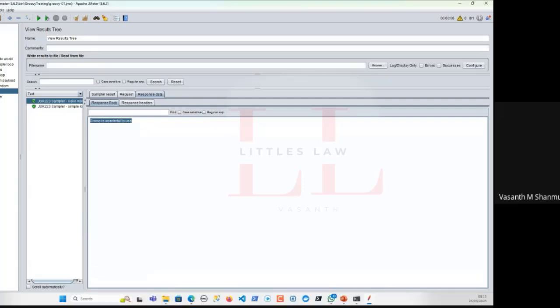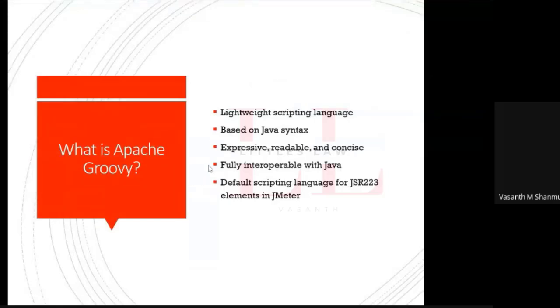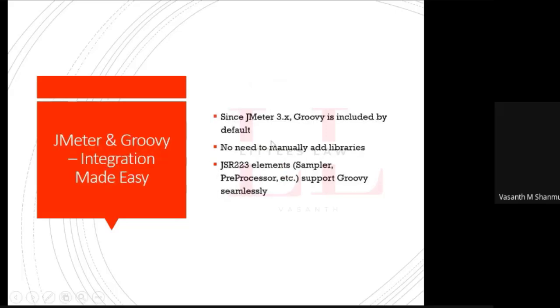Just to reiterate before we move to the next slide: Groovy is very lightweight. It's Java-like, very simple. It's built for scripting, and it's very readable and expressive, and it's perfectly integrated into JMeter because it's built on Java. So you can use all the Java-related libraries and classes, and it's ready to use with zero setup. You don't need anything to start using it in JMeter. And then the next one. We have seen all these, which is being used since